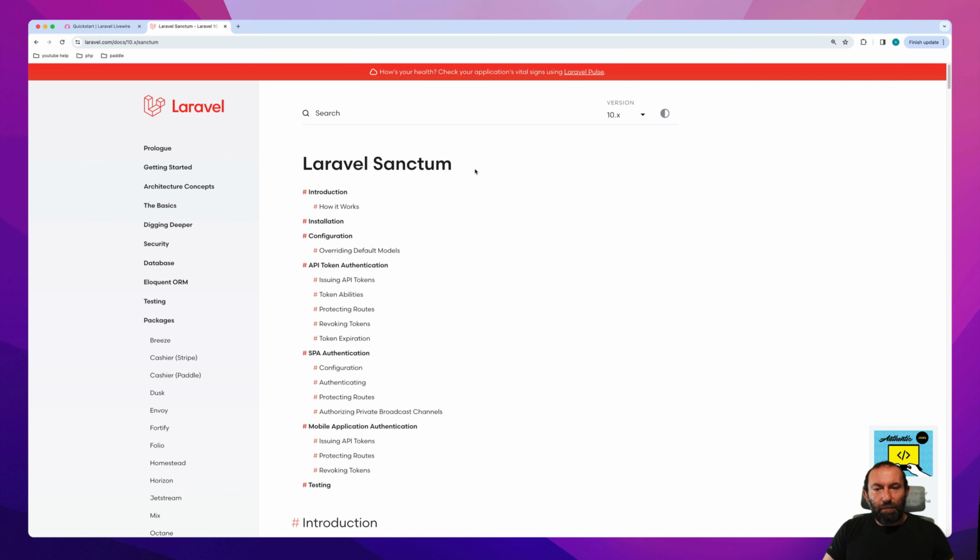It's not a new package. I think it has a couple of years now, but it's a package that deals with authentication and gives you the ability to either use API tokens or issue something like GitHub does when they issue personal access tokens, for example. So Sanctum gives you that ability, but it also gives you the ability to connect, like I said before,